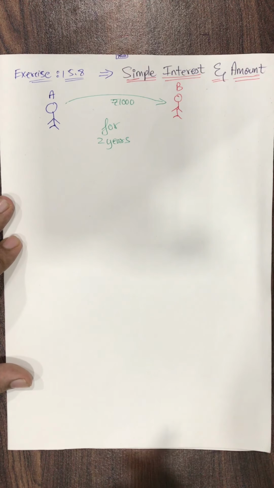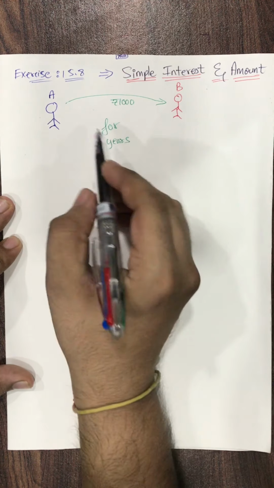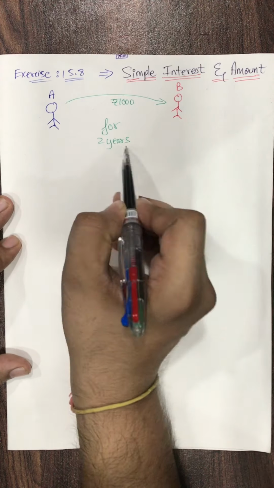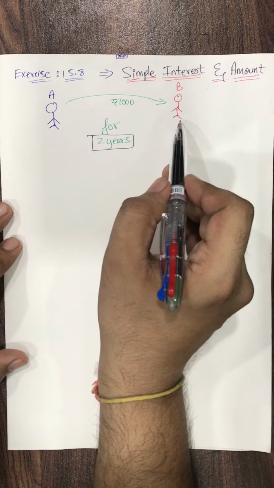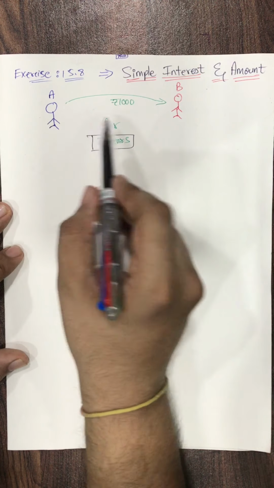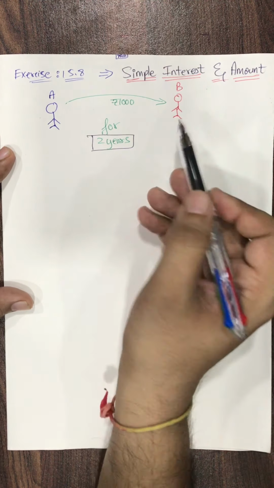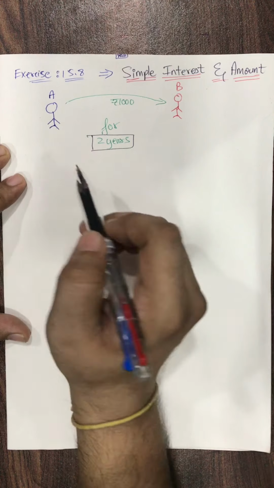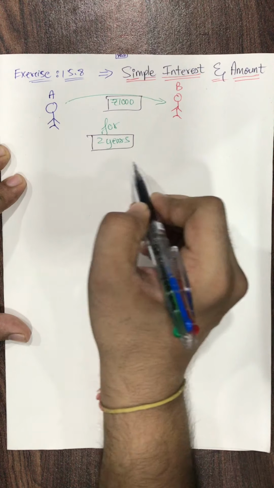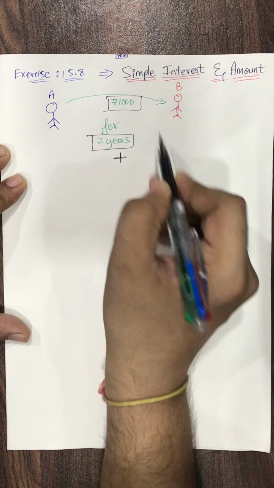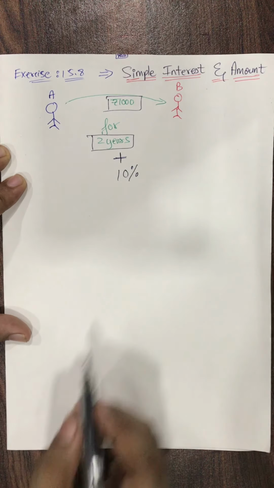But now comes the catch. B was going, but A said, "Oh dude, stop. Where are you going? Listen very carefully. After 2 years, how much money will you pay?" B said 1,000. A said, "No. Just now I told you, you should pay something extra to me." B asked, "How much extra money do you want?" A said, "After 2 years, you will pay me this 1,000 rupees plus extra. Other than this 1,000, you will pay 10% to me."